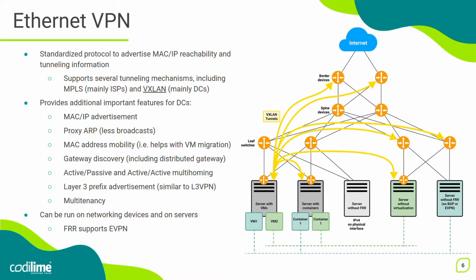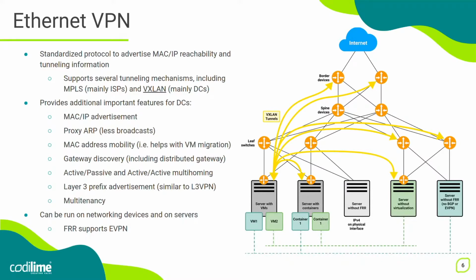EVPN allows us to stretch, as I said before, the layer 2 connectivity and provide segmentation and isolation, just like VLAN, but without the limitations of traditional networks, such as spanning tree. We no longer have to use it. We won't encounter layer 2 loops. There won't be active-passive links, and the BUM traffic will be limited to as little as possible.